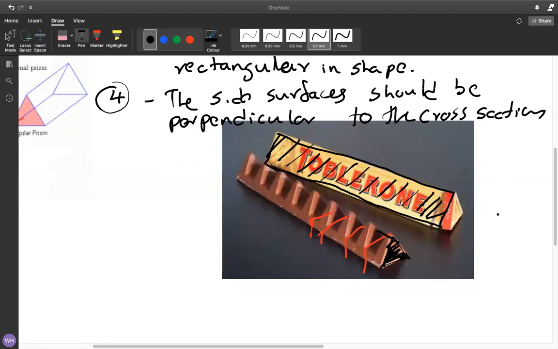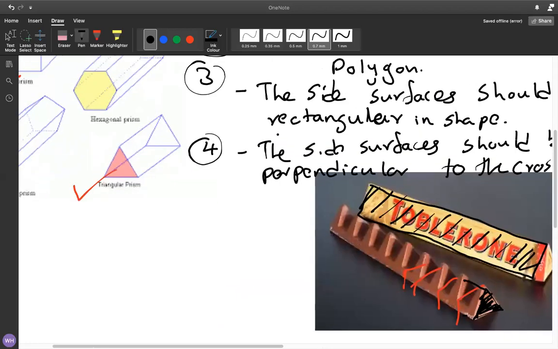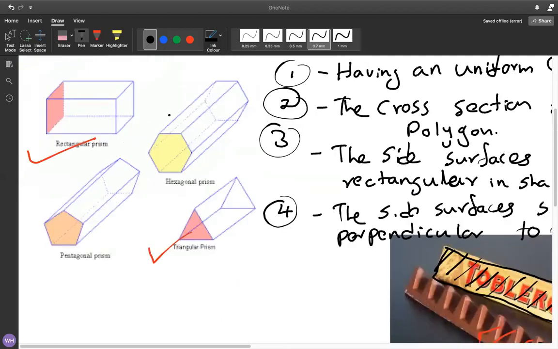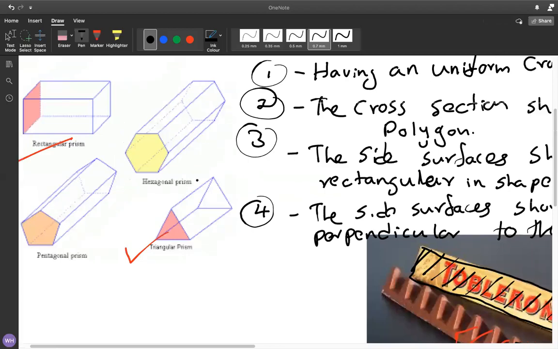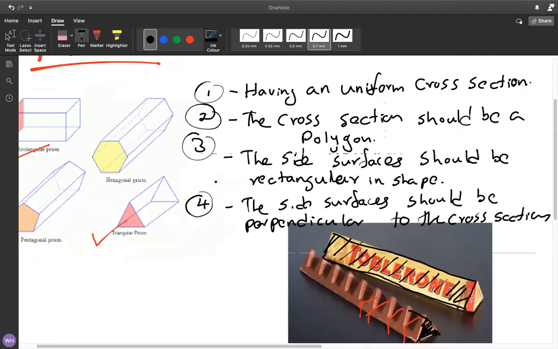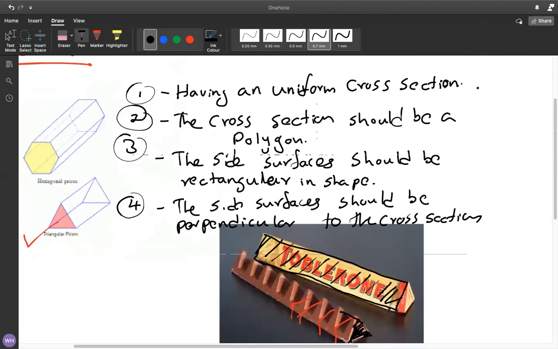So if you take a practical example, we can even consider a rectangular box, which is a kind of prism, right? So these are the features that should be included within a prism. If you get any question in a question paper stating that you should consider this as a prism,